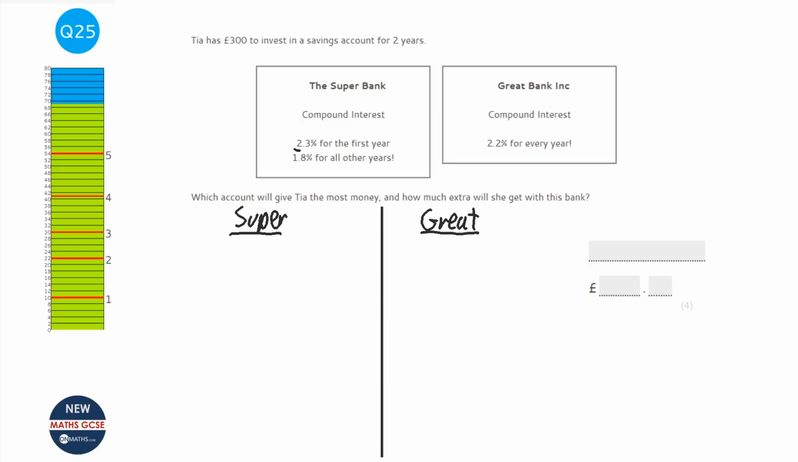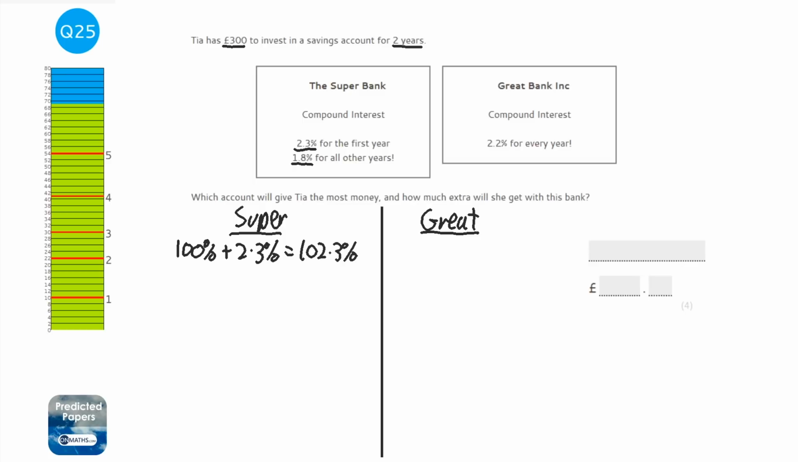It says we have 2.3% for the first year and 1.8% for all other years, and we're doing this for 2 years at £300. So first of all I want to work out what the multiplier is. Since this is the calculator paper, we use the multiplier method. So we start off with 100% always, and compound interest means we're gaining money, so we're going to go up by 2.3%, so that means we'll have